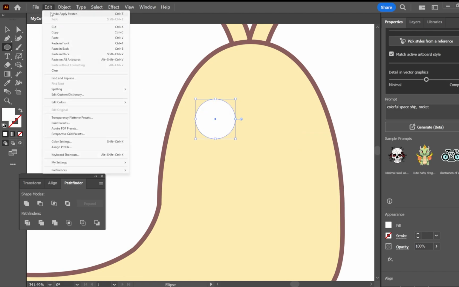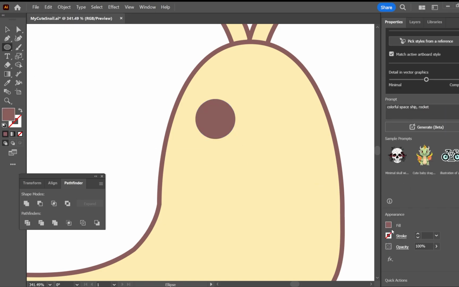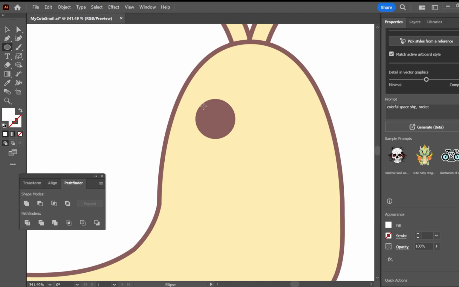Oops, if you make a mistake, you can just go to Edit and Undo, that's fine. And then there we go. So we're going to do a small white circle. And then we're going to do a larger white circle next to it. And that gives us our cute little highlight for the eyes.